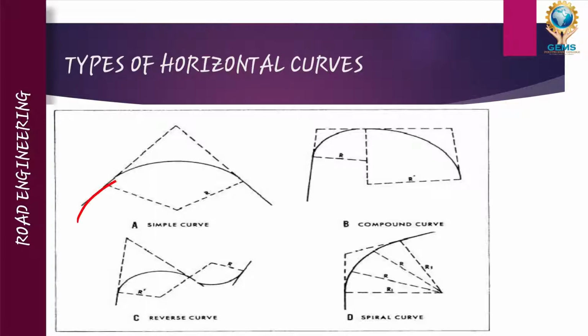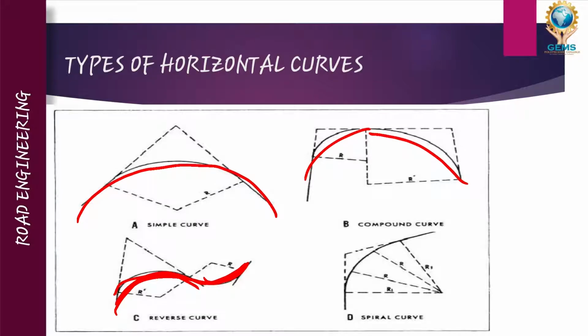As the curve goes simply, it provides an arc or circular form of road, that is known as a horizontal simple curve. A compound curve is a mingling of two simple curves. Here the mingling of two simple curves forms a compound curve, and a reverse curve is nothing but two simple curves mingled in opposite directions. This is known as a reverse curve, as you can see in this image.